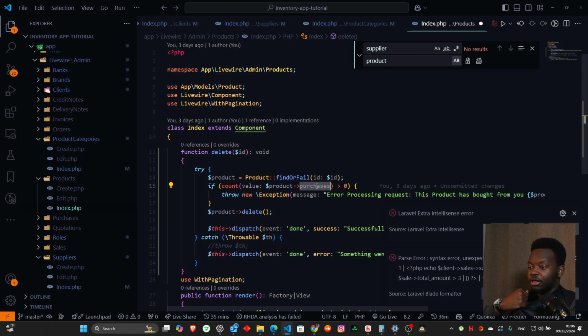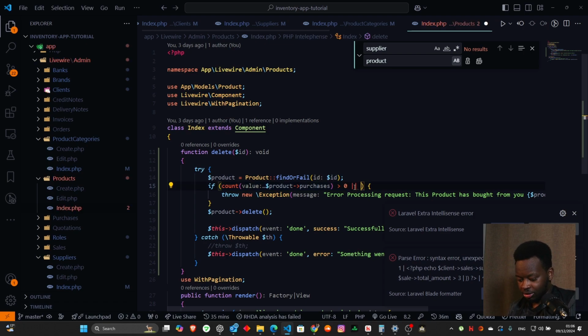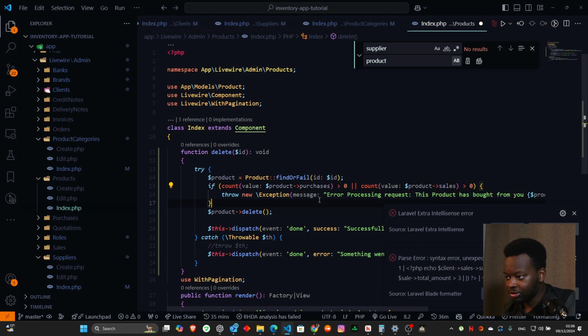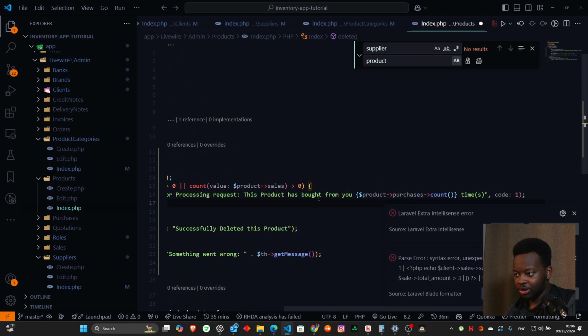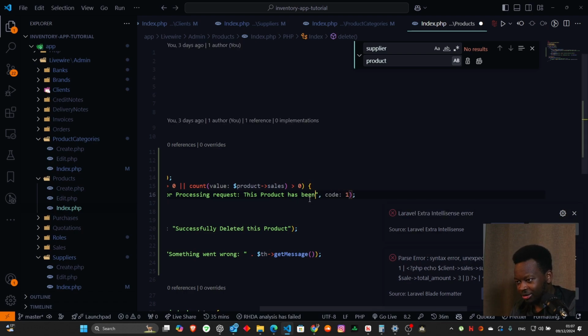I think it should be the purchases or sales, really. If this product has been purchased or sold at any one given point, then it cannot be deleted. So I'll just come in here and do product purchases or product sales is greater than 0. Then this product has been bought from or sold from. I'll say this product has been, let me just use simple language. This product has been bought, or,